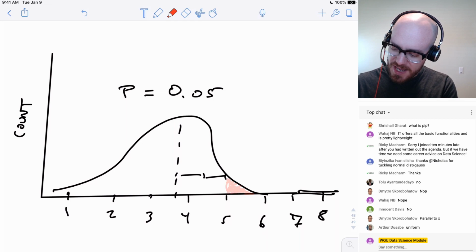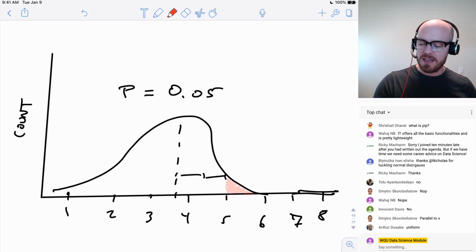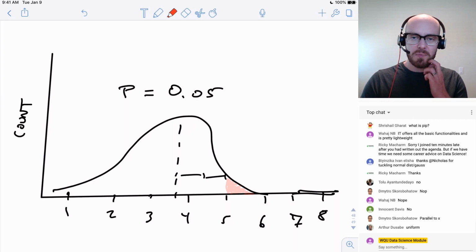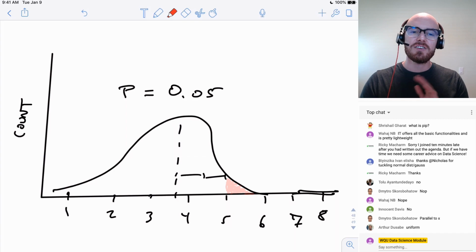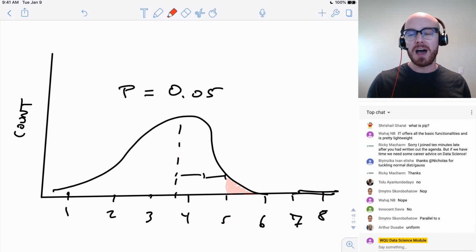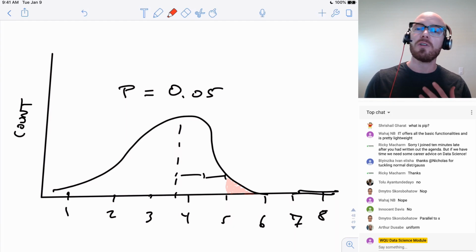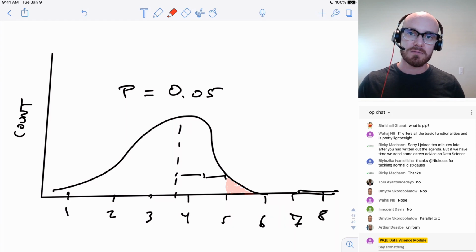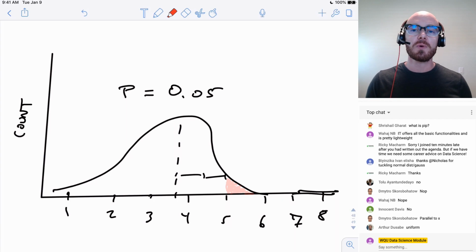And what you're saying is, if I get an observation that has this p-value of 0.05 or smaller, the chances of it actually belonging to this population is 5%, which suggests that maybe it belongs to a different population. So we looked at this yesterday when we were talking about the calorie counts in pizza slices.